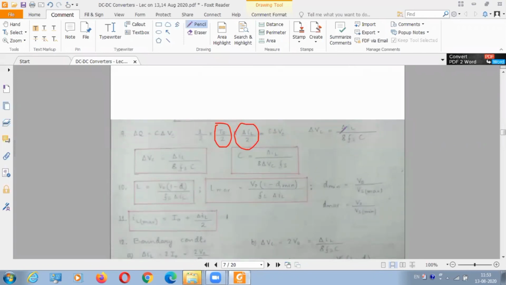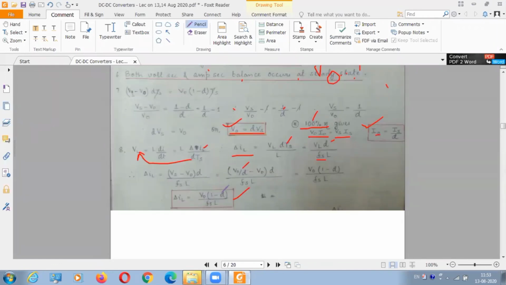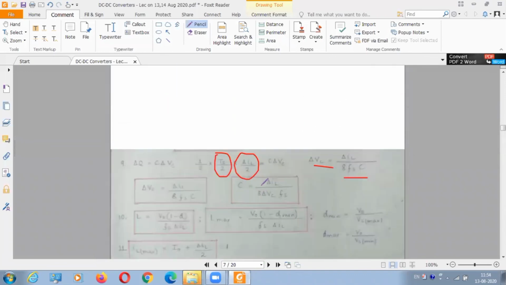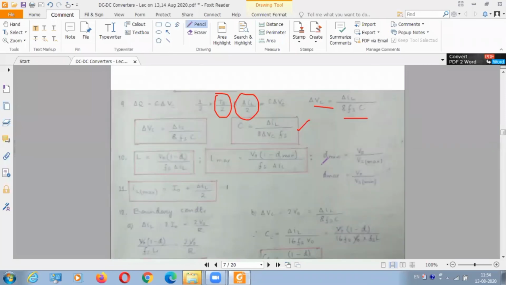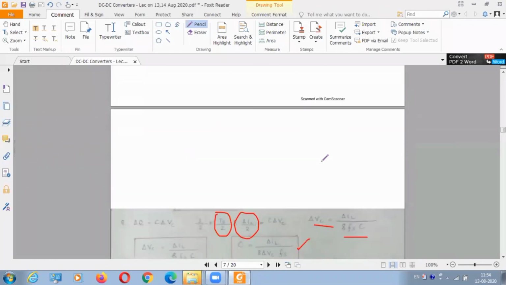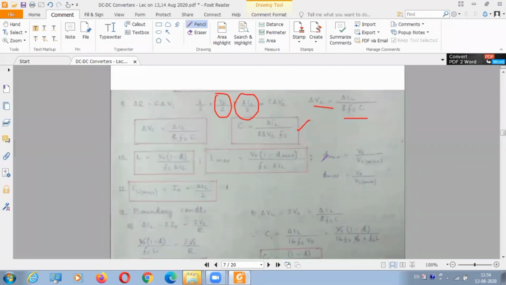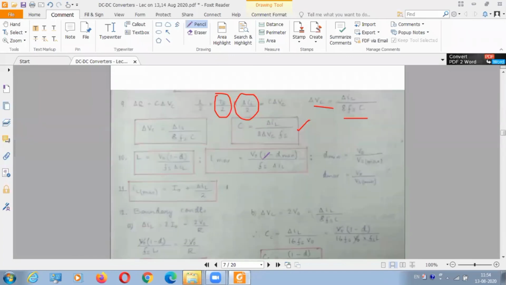Then you do the normal calculation, find out your VC from here, and then you can substitute the del IL you have got over here. You can substitute your del IL over here and get a value. I have not substituted, but you can find out. But this is a standard equation. Do you have to remember these? Yes, you have to remember these. Very important. Power electronics is based on circuits and huge formulas. You have to remember this. Using this, problems will come.